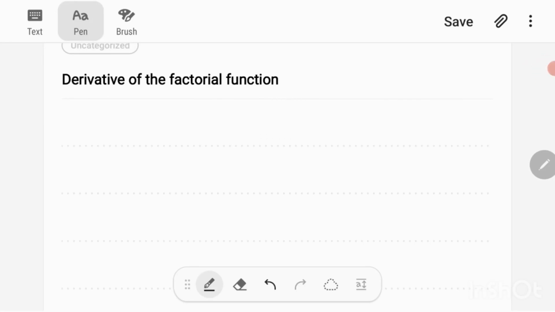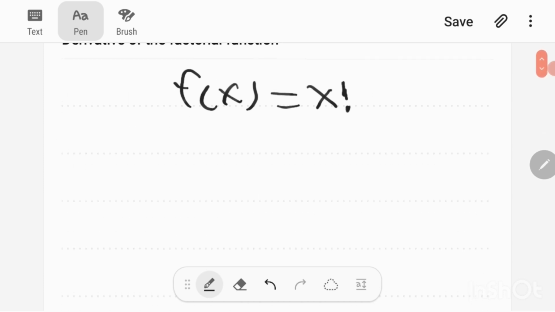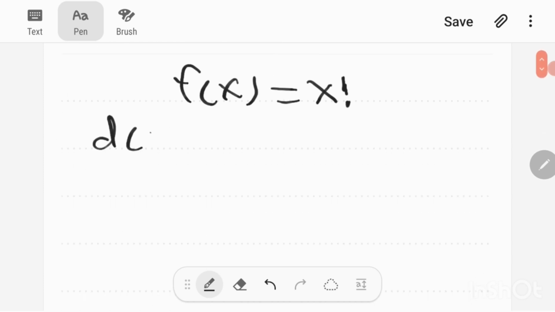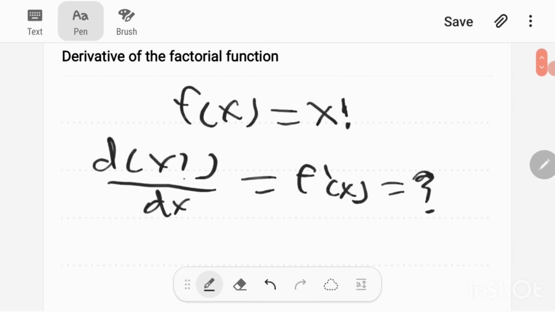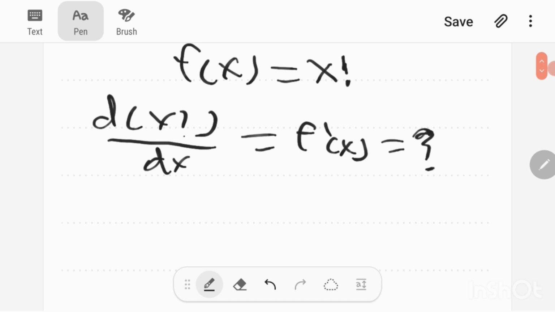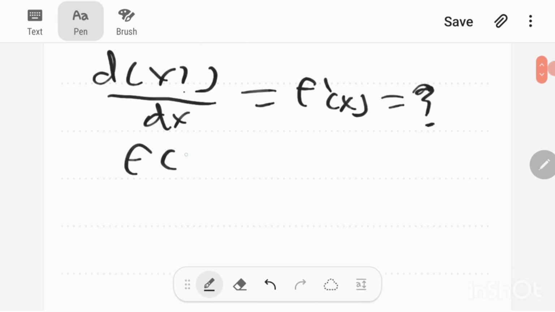Today I will be discussing the derivative of the function f of x equals x factorial. I've seen a lot of videos on YouTube with the same subject where they use the gamma function, which is the real extension of the factorial function, as it's generally defined for integers. But today we will discuss d of x factorial over dx, or f prime of x here, without using the gamma function at all, and only focusing on my favorite thing in math, recursion, or the recursive rules that define